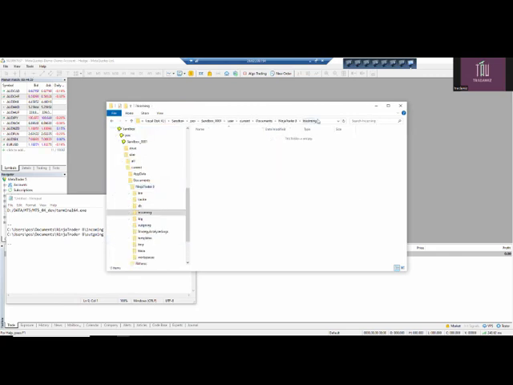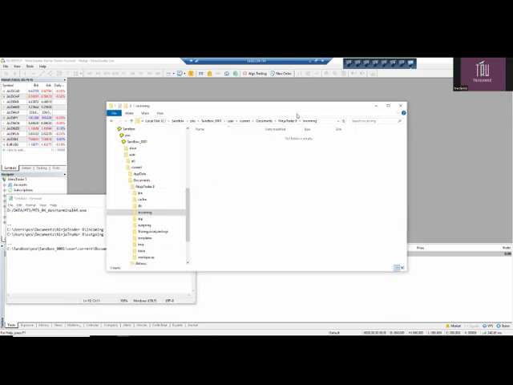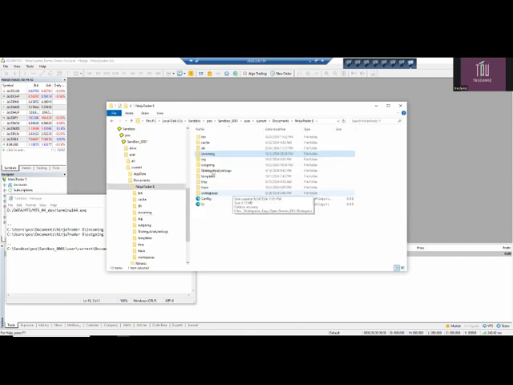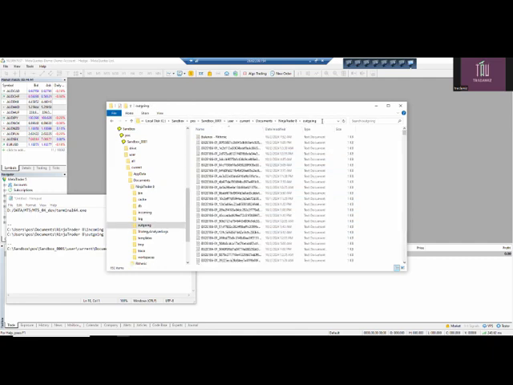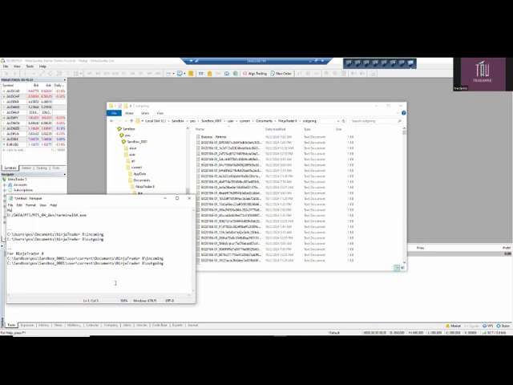So this is my incoming folder, and I have this outgoing folder. This is for NinjaTrader 8. And this is for MetaTrader 5.